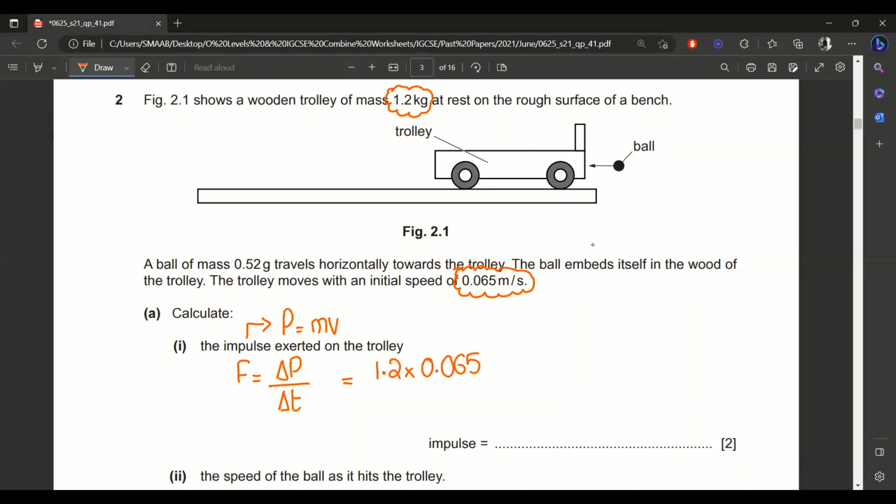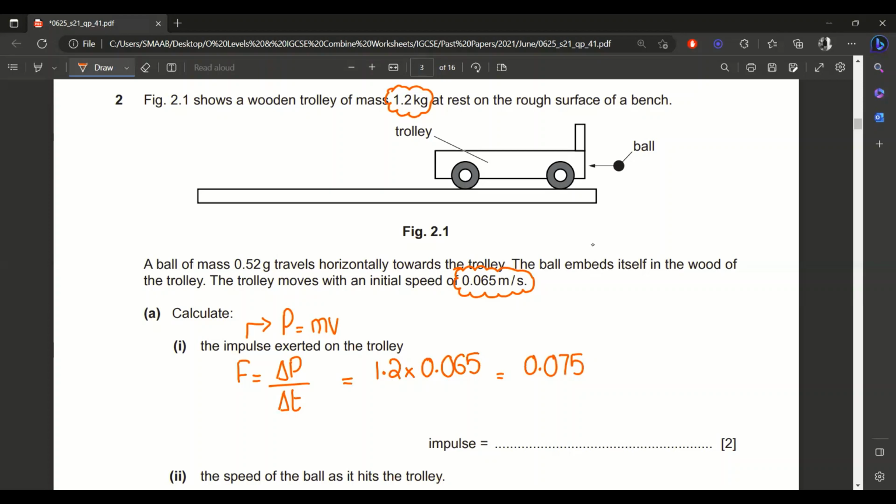And when time is not mentioned in the question, it means they are talking about a single second, because the time period is very short during the context. So that's why we just multiply the mass into the velocity to calculate the momentum. So that is the value of the impulse. So 1.2 multiplied by 0.065 is equal to 0.075. Okay, 0.075. And the SI unit,